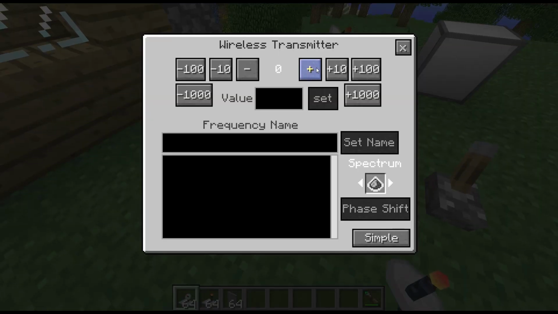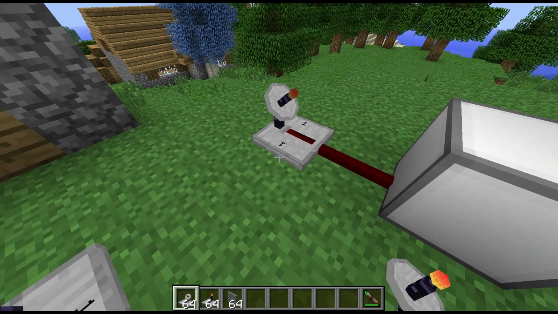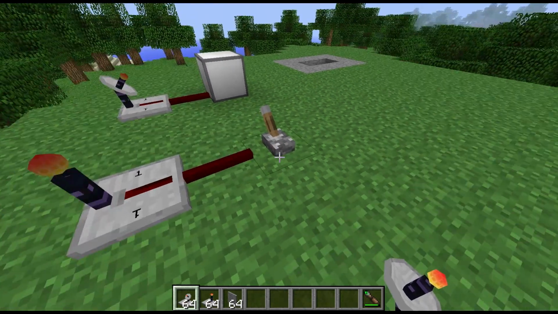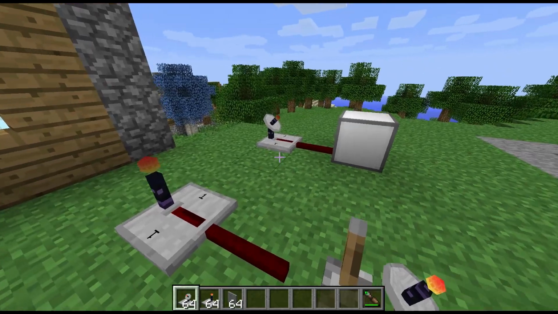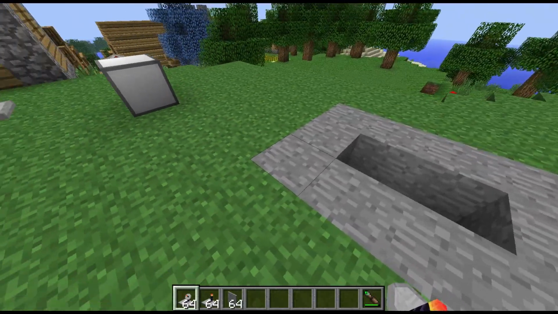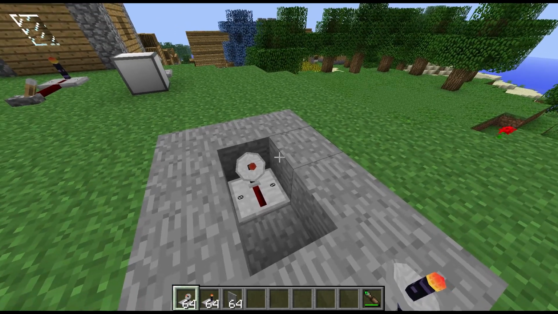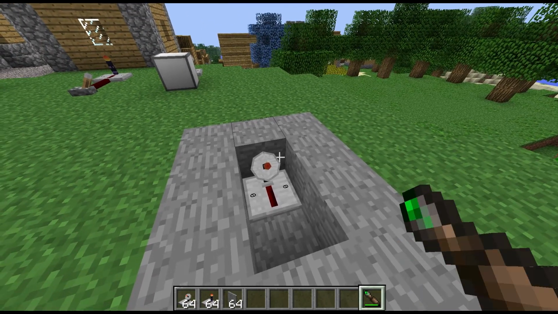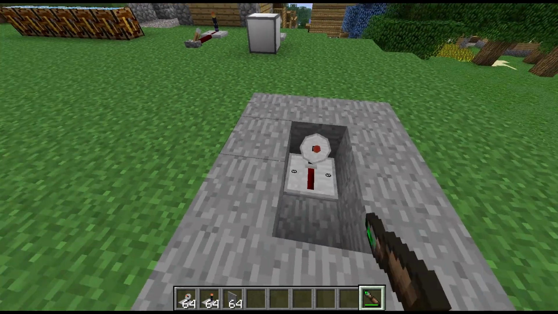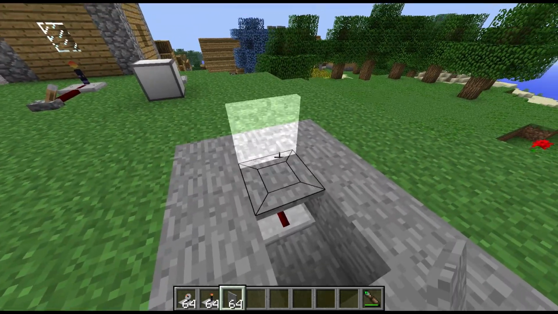Now here, just as a quick example, we set that to frequency 1, we set this to frequency 1, very simple. The transmitter transmitting on the same frequency turns on the light. Very, very straightforward. The other thing to note with these is that if you put them in a spot like that, you can use your screwdriver to turn them around like any other RedPower block. Now they aren't actually a RedPower block, so bear that in mind,